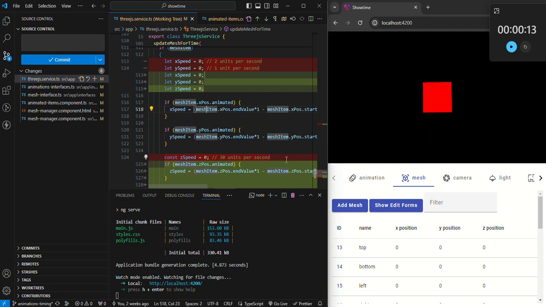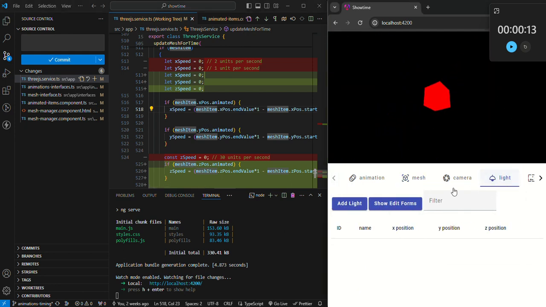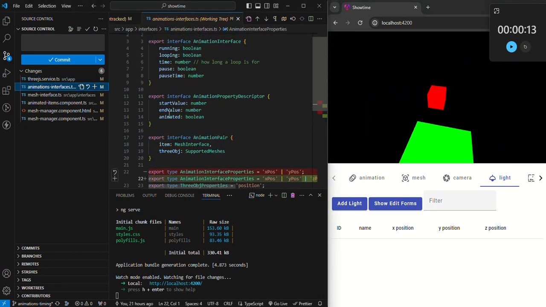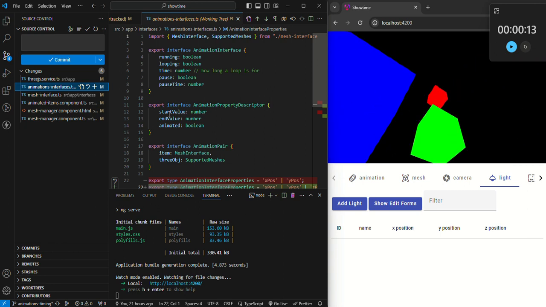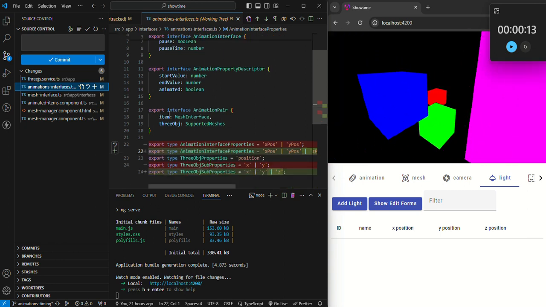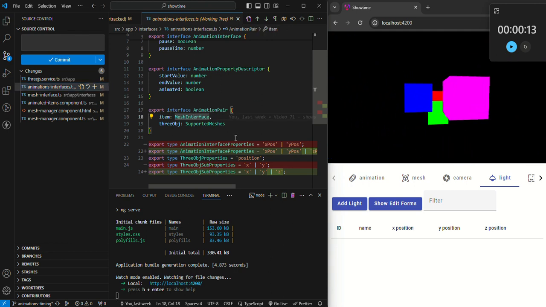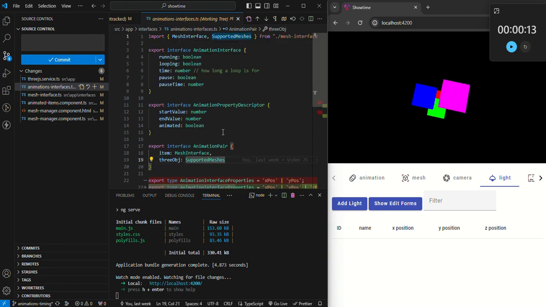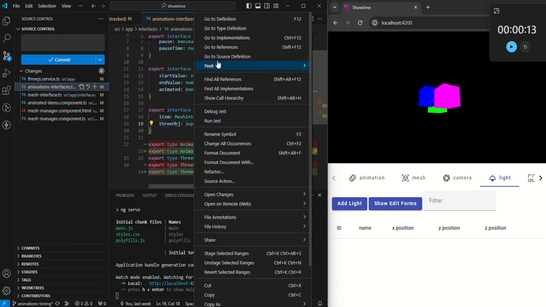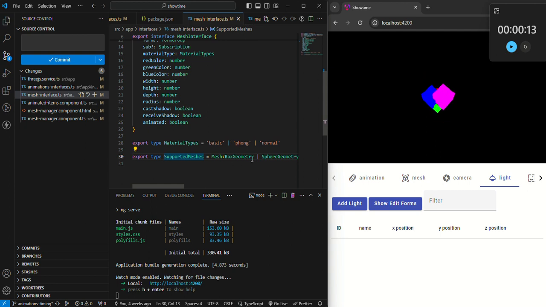That is an interesting thing because it would require changes all up the whole stack. But I think it is time to move on to lights, to animate lights. I think that's going to be very interesting in the animations interfaces. Right now, I believe there's a way that you describe this animation pair, and it says it has to be a mesh interface and it has to be one of the supported meshes. And let's go look at supported meshes. Right now, the only meshes are a mesh,